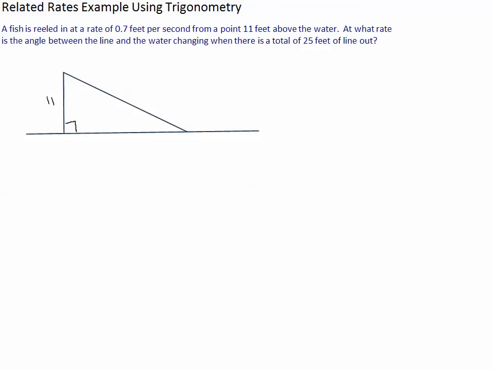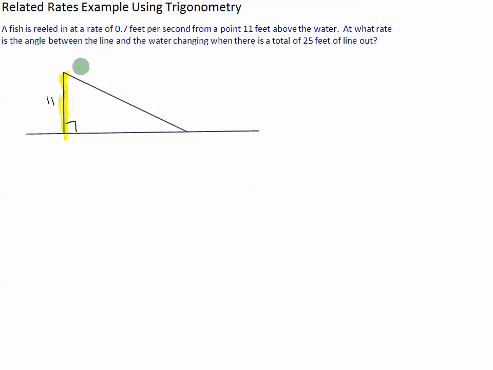So here we're going to look at how an angle relates to sides of a triangle as they change. In this particular problem we have someone reeling in a fish, and the end of the fishing pole is 11 feet above the water. So this horizontal line here is the water, and regardless of where the fish is, as the fish moves in,